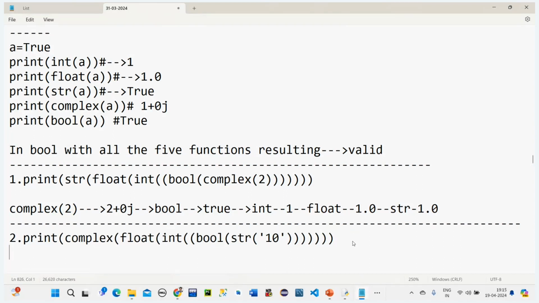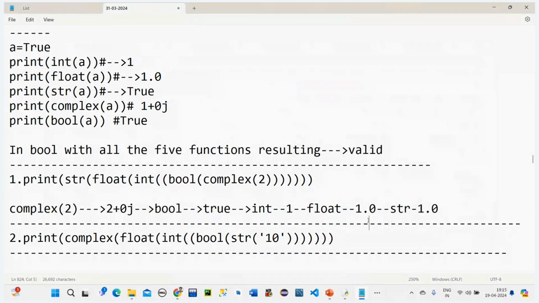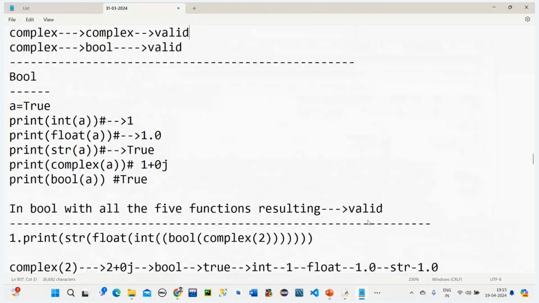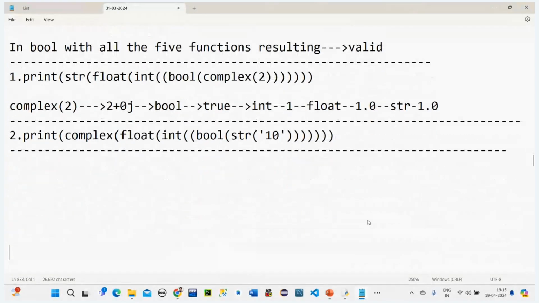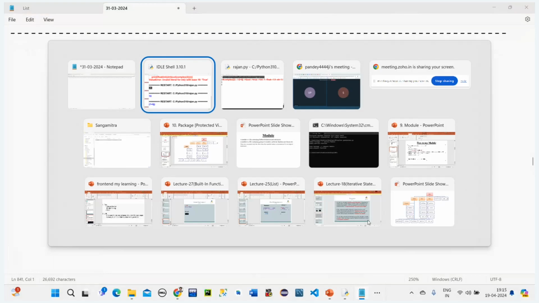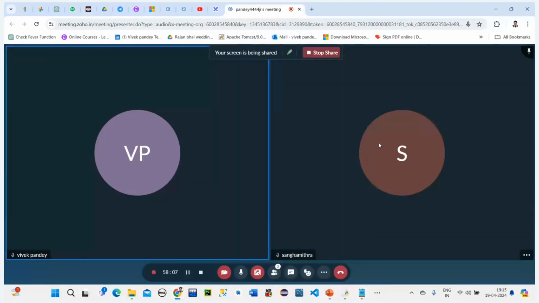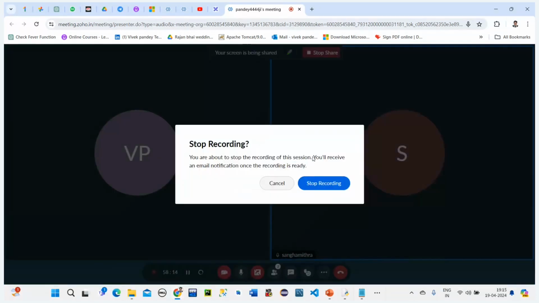Done. So that's it for today. We have learned about typecasting, type conversions, implicit and explicit. What is implicit, what is explicit, and what are the 5 functions helping us to convert from one data type to another data type. So we can't keep string in the